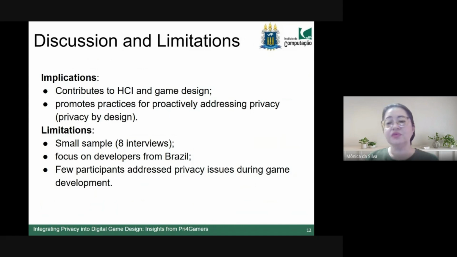This study involved just 8 participants from Brazil, so it doesn't represent a worldwide reality. There may be groups in other countries, in larger companies, in bigger developer groups, that handle privacy in a more extensive manner. One of the interviewees mentioned that even while working in Brazil, there wasn't much concern here, but they had worked with teams outside Brazil and observed that this was already being considered in other countries that were thinking about and demanding reflection on privacy in game development.